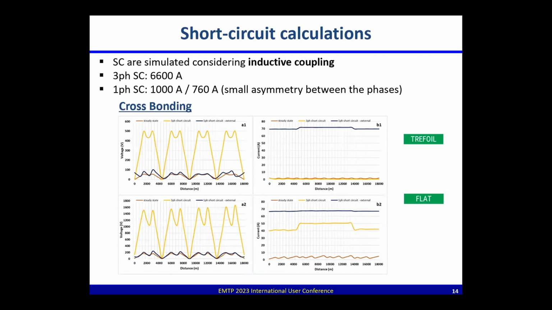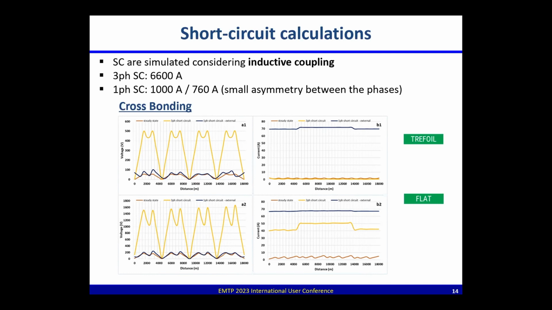And moving on to the cross-bonding case, again, we see that when the inductive coupling is the predominant one, we get the highest voltages. These are reported for the three-pole to ground short circuit case. And again, we see similar results to the trefoil arrangement. We have similar current levels for the steady state and the three-phase short circuit, but because of the asymmetry here,